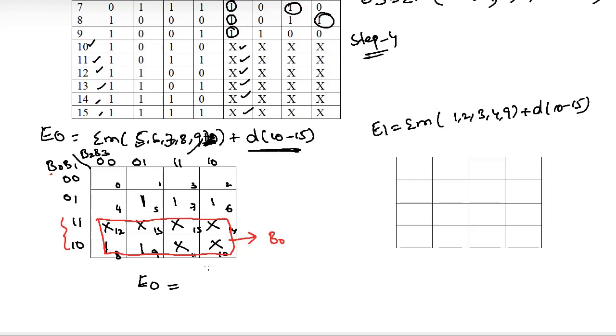Now take the second group. The second group I am taking is 5, 13, 15, 14 and 7. For this second group, it belongs to the 01 column, 11 column and the 01 row, 11 row. For the row-wise elements, 1 is the common value, and 1 indicates B1. The column is also 1 as the common element, so 1 means B3. So we get the second group elements as B1 into B3. Now coming to the third group.